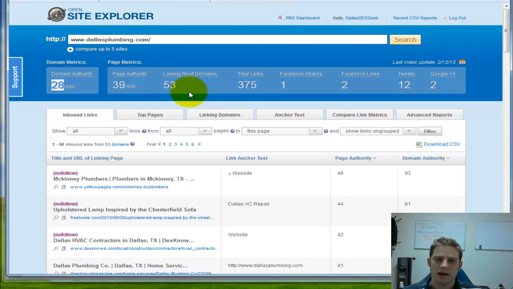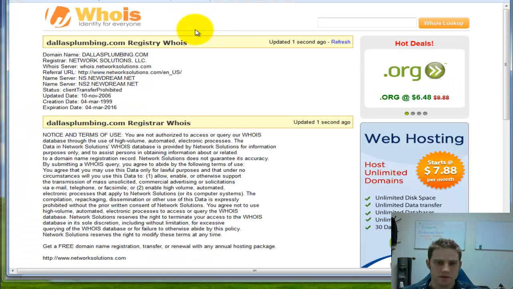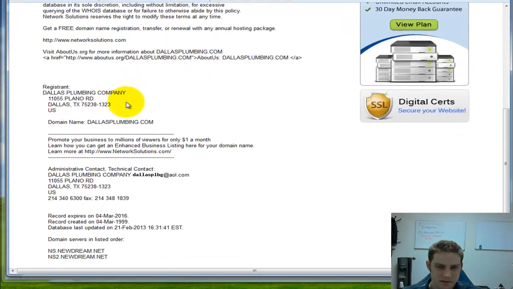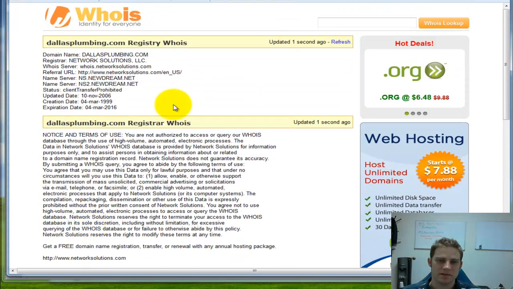The other ones are actually going to be higher, but I think they have a really good domain name. I think that's making a big difference. I think their domain is old, so you can go to Whois. Yeah, they got a really old domain. So if you have this on your site, for $10 or $15 a year, your domain registrar can usually give you what's called domain privacy, and your information will be put there. But anyway, so